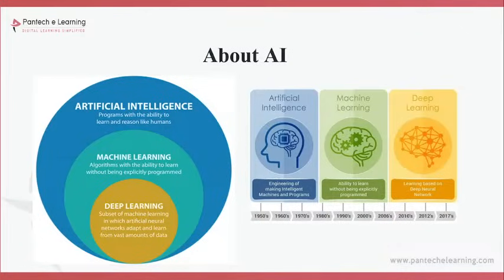Using deep learning, we are able to do all these things. But I'm not saying deep learning is better than machine learning. Machine learning has some specific properties, and likewise deep learning has some specific properties. Machine learning is the traditional form of AI. Deep learning uses all the machine learning properties and adds some extra features.